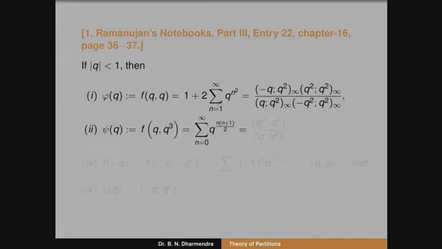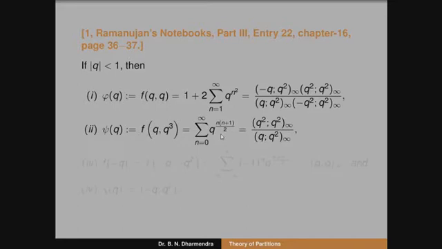In the previous one, we observed the summation running from minus infinity to plus infinity, but here n runs from 0 to infinity. That is the major difference between the previous one and this one. Also, here you can observe that the power of q is a triangular number, n(n+1)/2. So this is another special case of Ramanujan's theta function, and it can be written in terms of a q-product, that is, (q²; q²)∞ divided by (q; q²)∞.